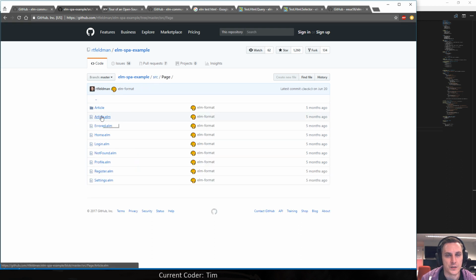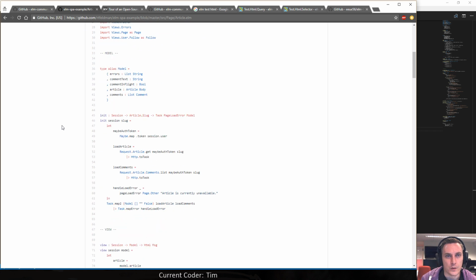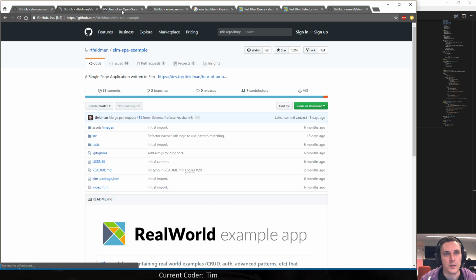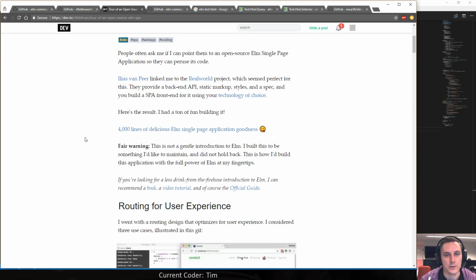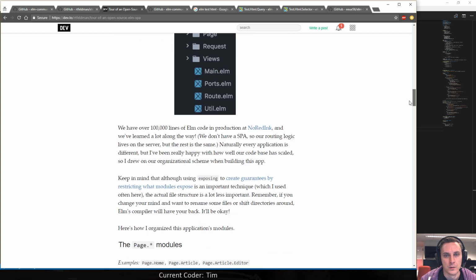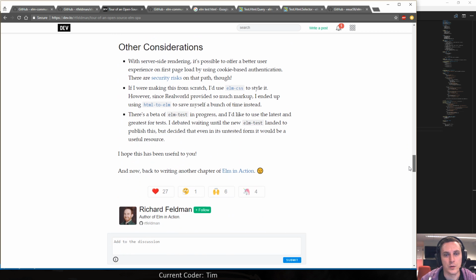And then pages contain compositions of views, I guess, with all of the stuff in it. So just like bundled together functionality. But he explains it all in this pretty short blog post. So it's really not that big. See, and this is where it's already done.